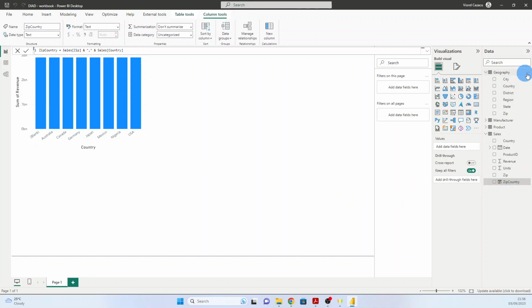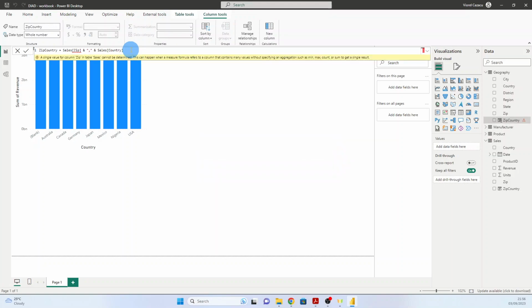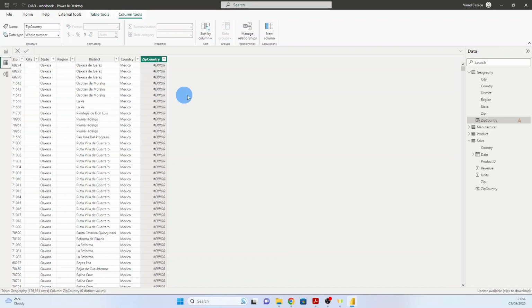Then we do the same thing in geography. Click here, new column, and we will call it the same, zip country. Okay, enter, and we have an error. So let's see what is the problem. In the geography, the zip, it's possible to be